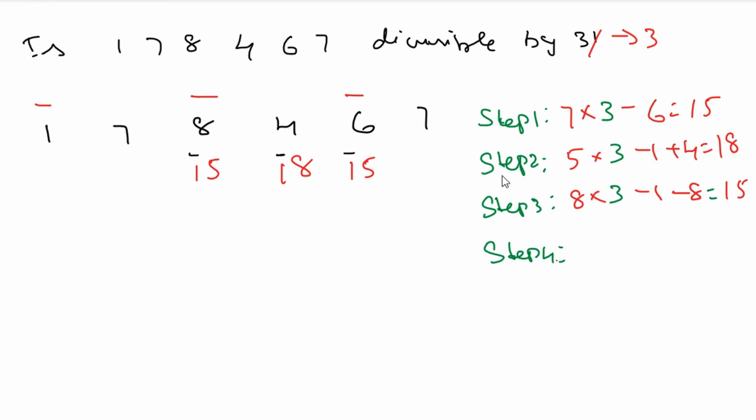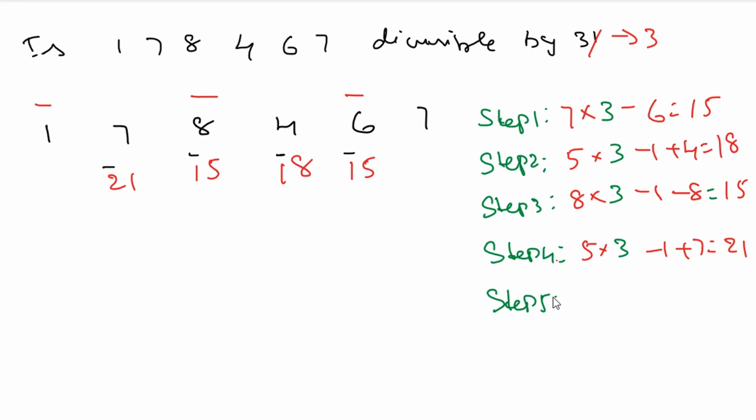Now, what is step 4? You will multiply this unit digit 5 with a negative oscillator. What is the negative oscillator? That is 3. And then you will subtract 1 from this number and plus 7. So what happened? 15 minus 1 is 14, 14 plus 7 is equal to 21. You will write down 21 at the bottom of 7, and you will convert the tens digit into a negative value.